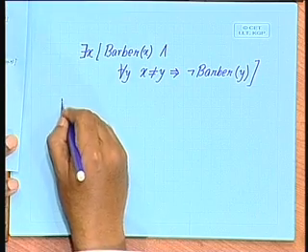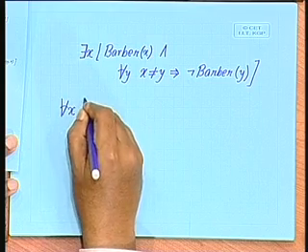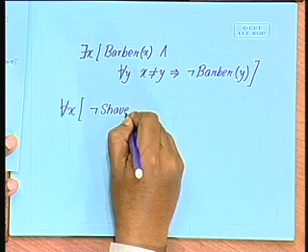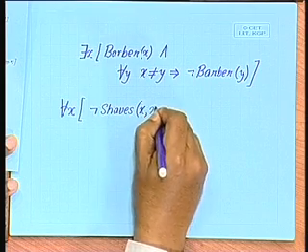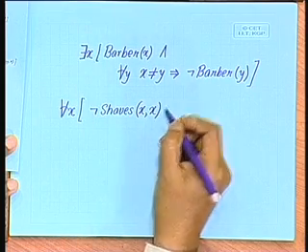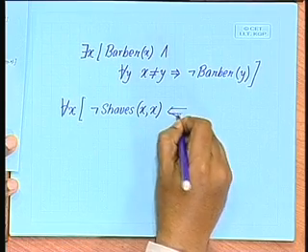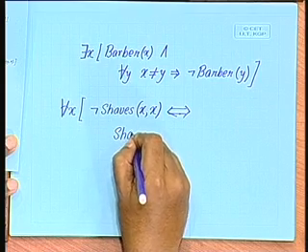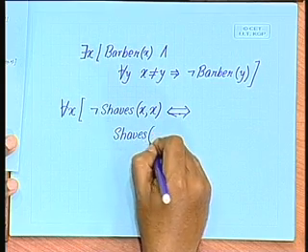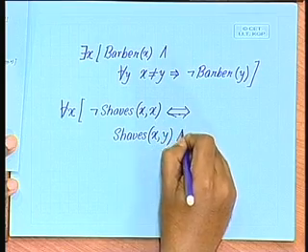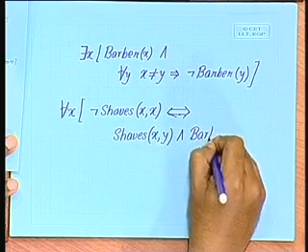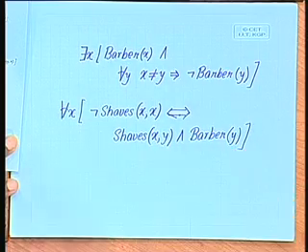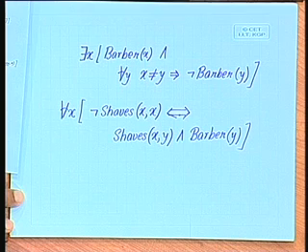And then the second statement says that for all x, if it is the case that x does not shave himself, then and only then, so we have both ways implication, x y and